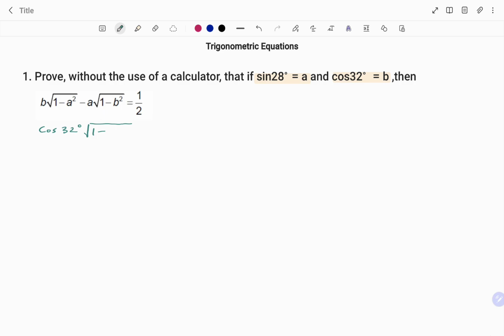I have 1 minus A, which is sine 28 degrees, all squared, minus A, I change that to sine 28 degrees, root of 1 minus B, cos 32, all squared. Remember, I'm proving my left-hand side. If I simplify, I have that as cos